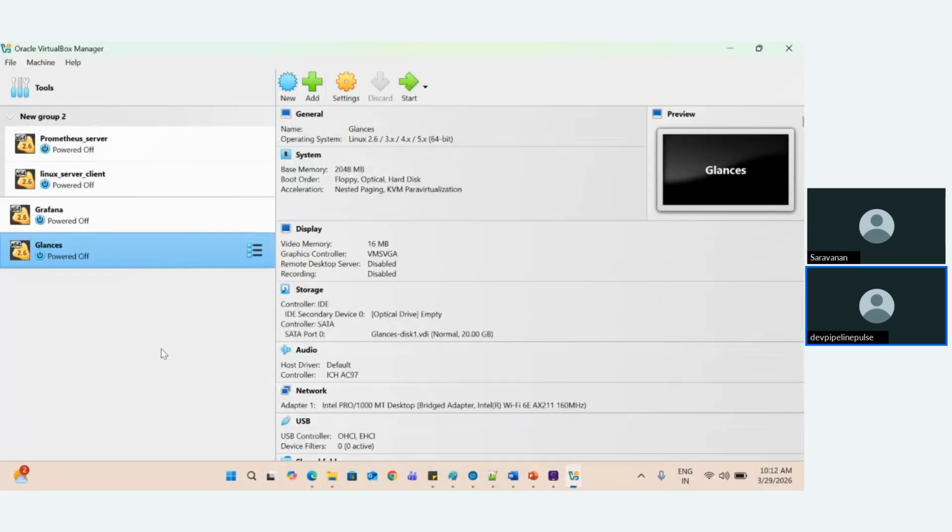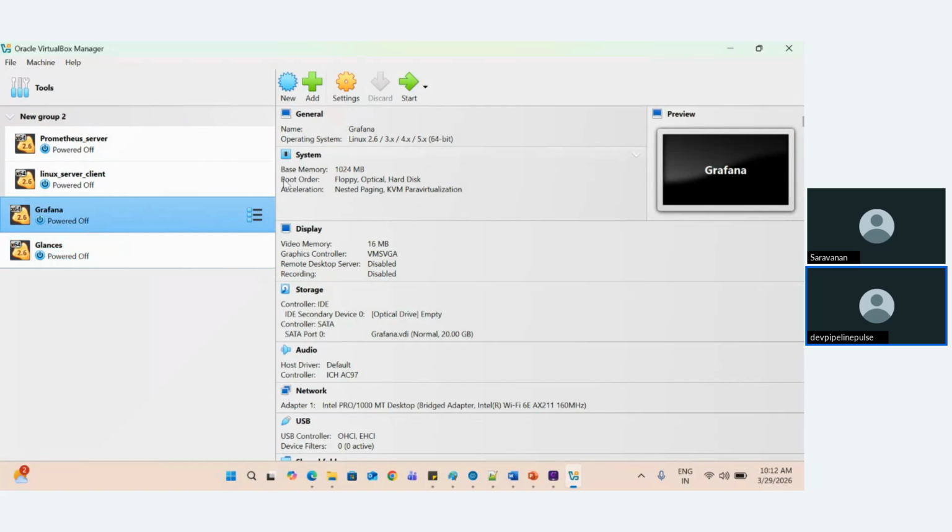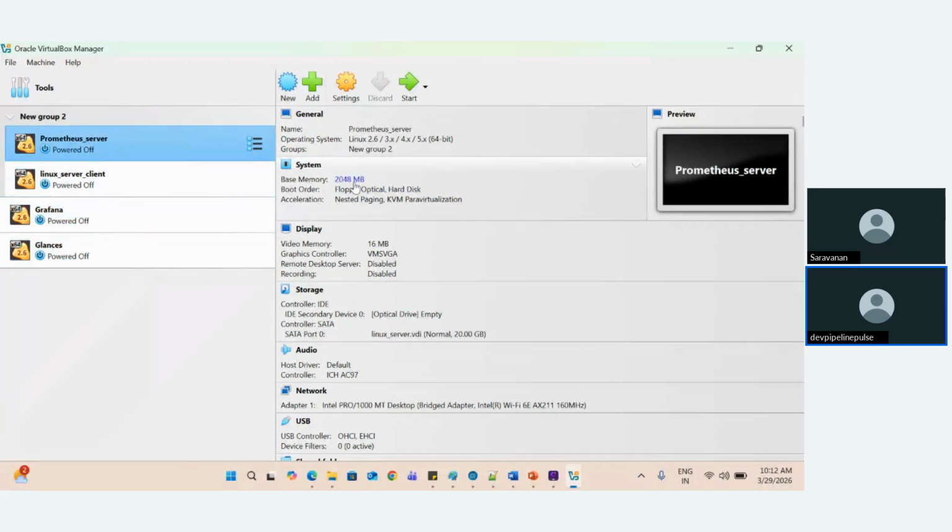Say for example, my laptop has 16 GB memory. Out of that 16 GB, for this particular system I allocated 2 GB, correct? And for this Grafana system, I allocated 1 GB. Same for Prometheus, I allocated 2 GB. Whenever this server is powered off, it frees up the memory and does not utilize any memory from my laptop. But the moment I start this, 2 GB memory will be occupied